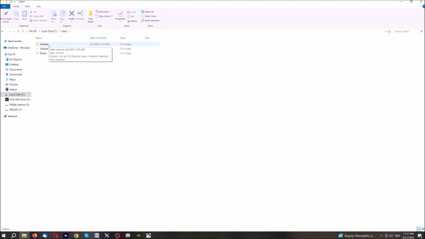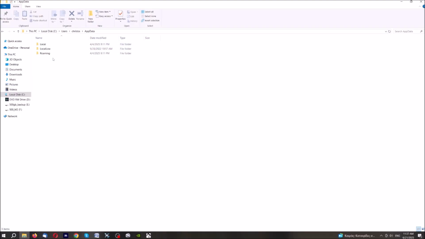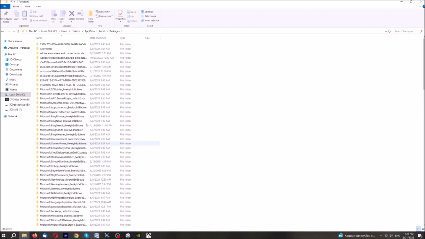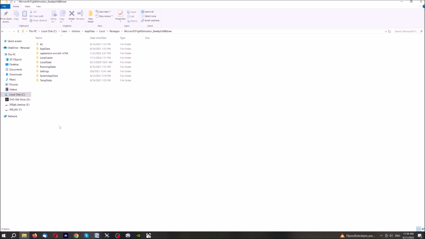This folder actually holds all the files, and also the files of the simulator. You go app data, you go local. You must know this procedure, it is important. You go packages, and here you find Microsoft Flight Simulator 8, which is this one here, Microsoft Flight Simulator 8 and so on and so on. You double click here, you go local cache,